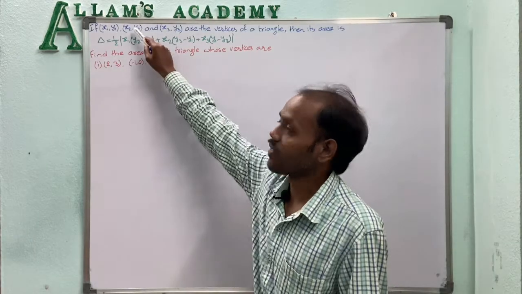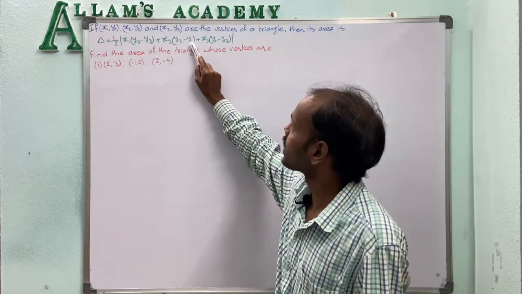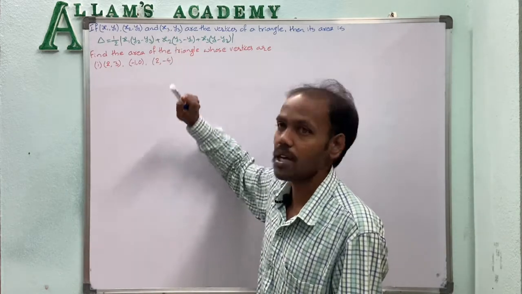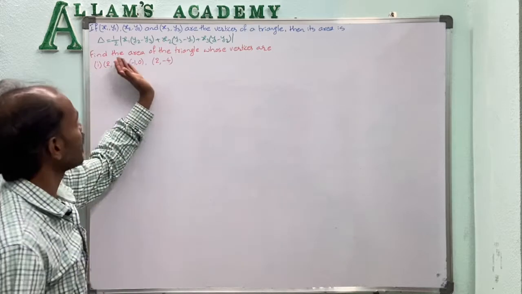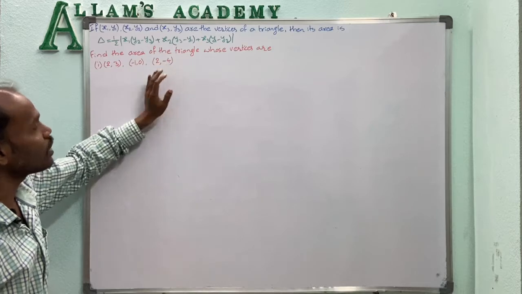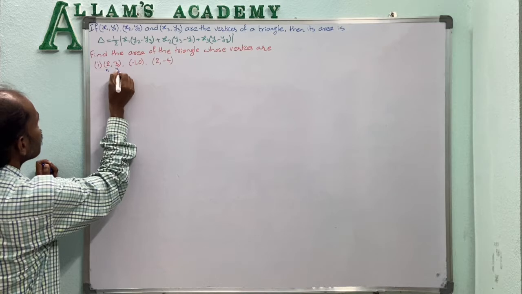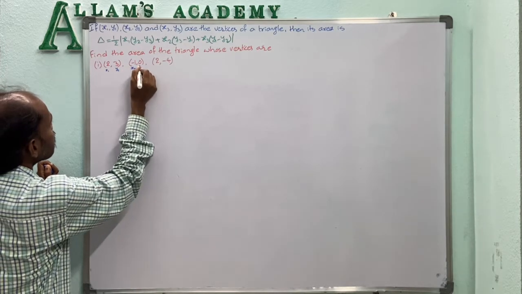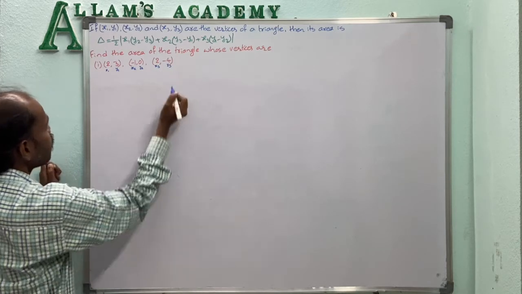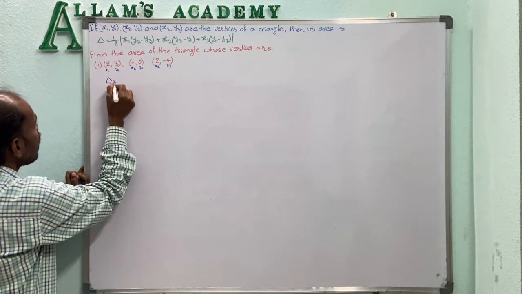Area of the triangle if the vertices are given, delta is equal to half mod x1 into (y2 minus y3) plus x2 into (y3 minus y1) plus x3 into (y1 minus y2). Now by using this principle we solve some problems. Here the question is: find the area of the triangle whose vertices are (2, 3), (minus 1, 0) and (2, minus 4). Here x1, y1 is (2, 3), x2, y2 is (minus 1, 0) and x3, y3 is (2, minus 4). Then the area of the triangle delta is equal to half mod